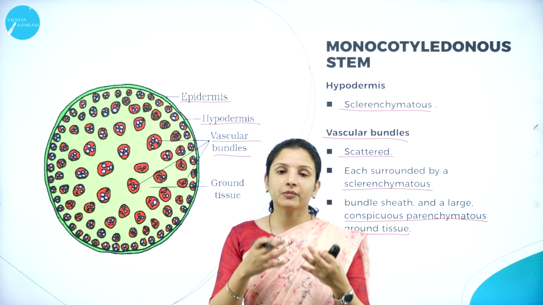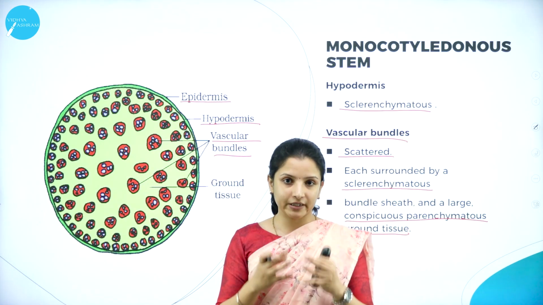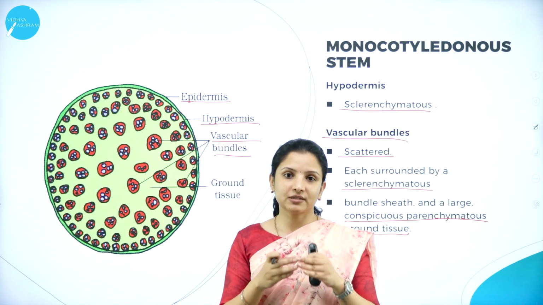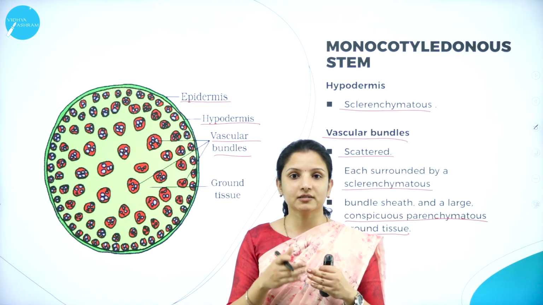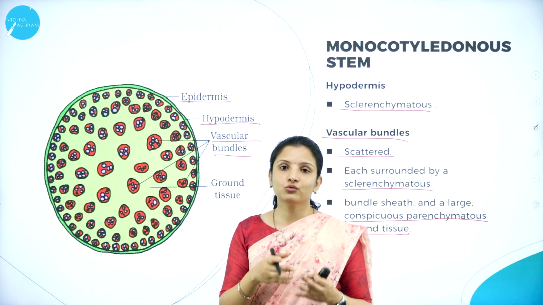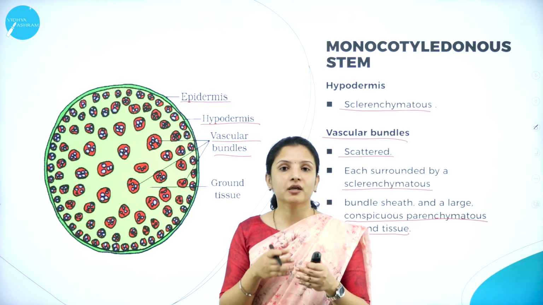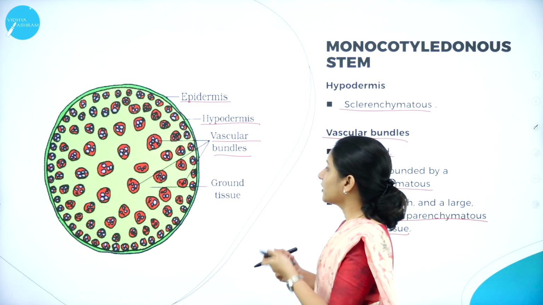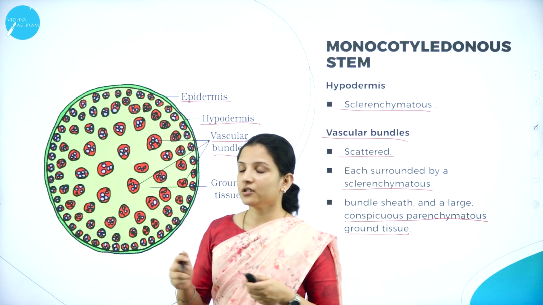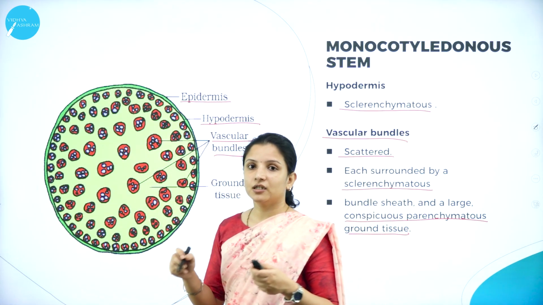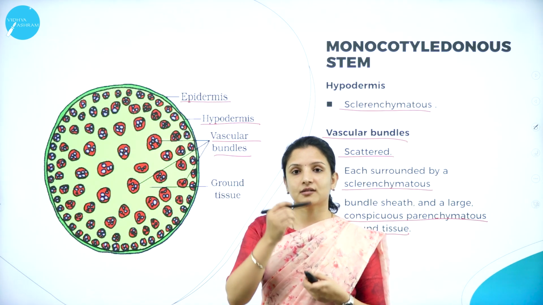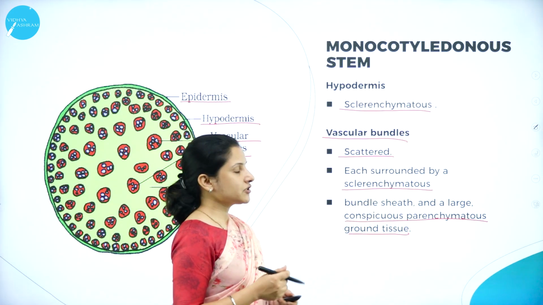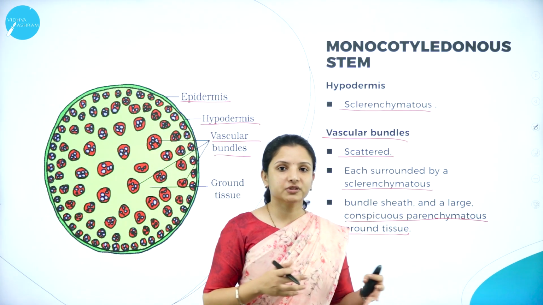Why are they fibrous? It is because they are majorly made of sclerenchyma cells, which are a dead tissue, and therefore they are nothing but fibrous cells or dead tissues which provide mechanical support to the plants. That is why jute and all these are usually used in making ropes and all that, because they are very, very strong. The fibers are very strong there. And also, apart from the phloem and xylem, that is, the vascular bundles being surrounded by the sclerenchyma cells, they also have large parenchymatous cells which form the ground tissue.